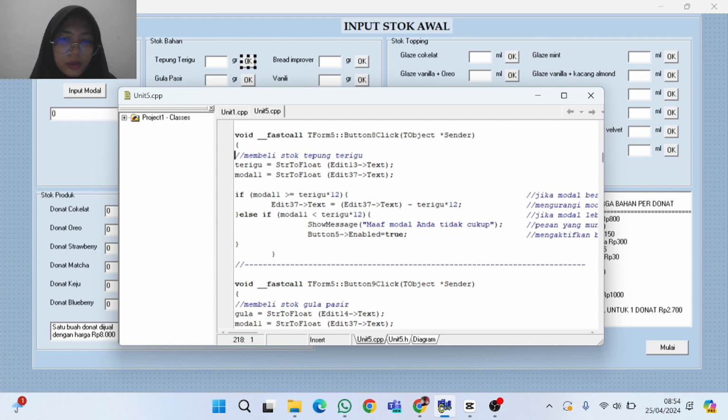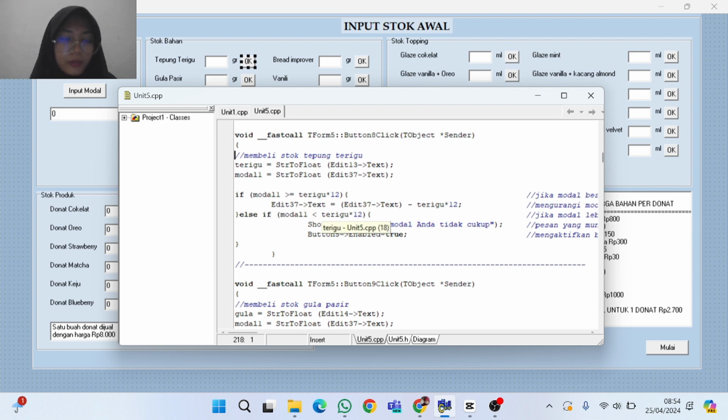If capital 1 is larger, it is equal to flour times 12. Now 12 is the price of flour per 1 gram. For example, if we input 5,000 grams of flour, it will be multiplied by 12.